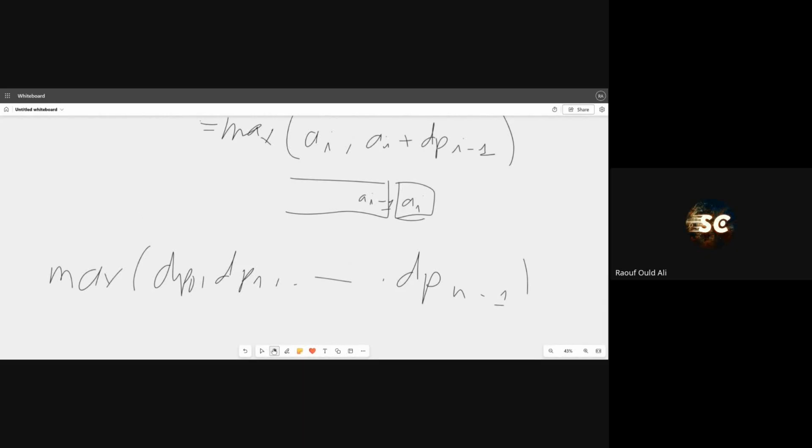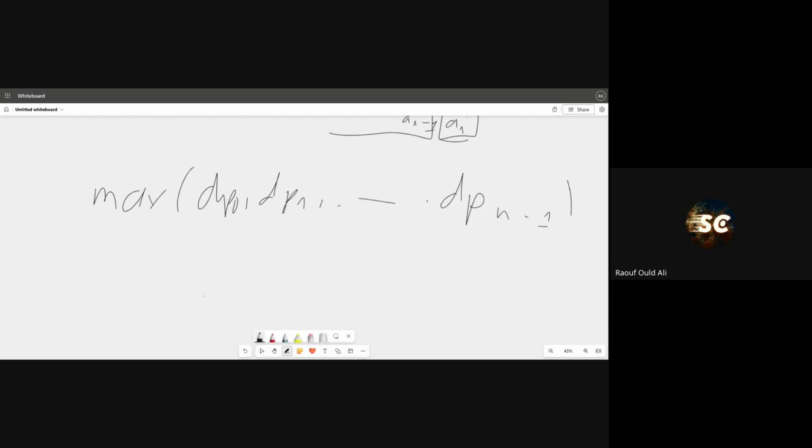So here, instead of defining a recursive function, after getting a from input and defining dp as an array of length n, we will set dp_0 to a_0, of course,